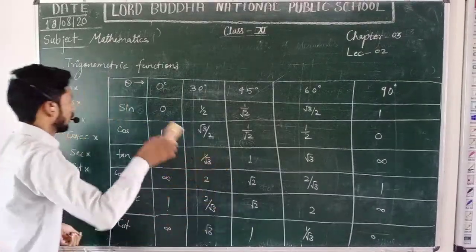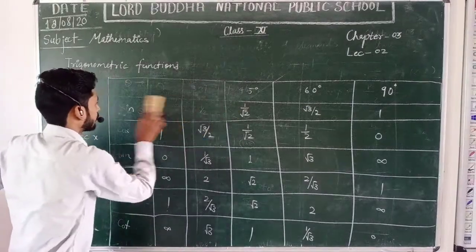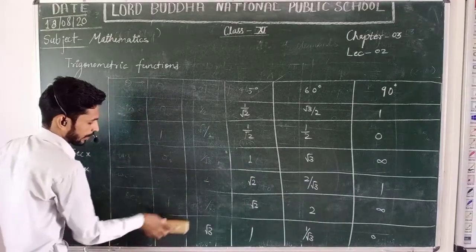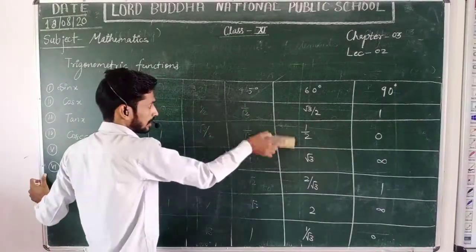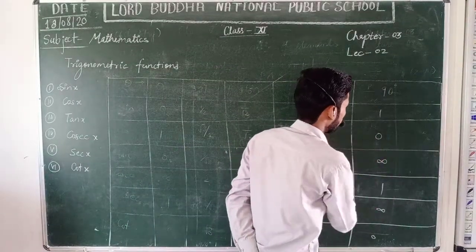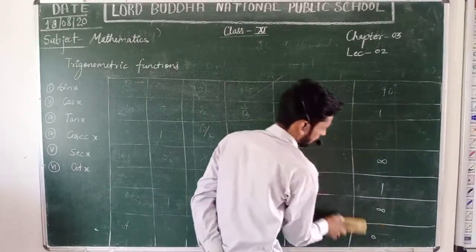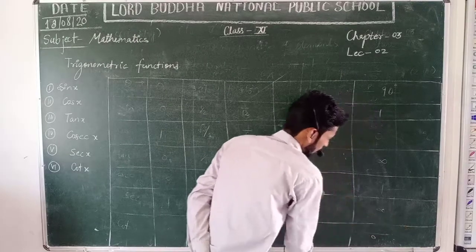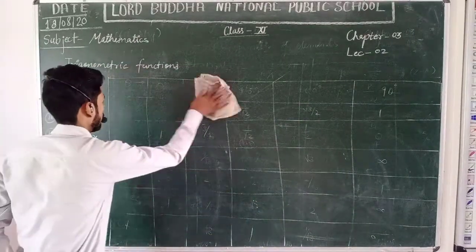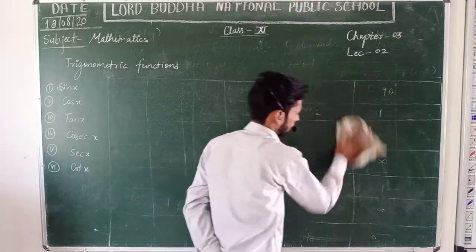Now I will go to the sign conventions of the trigonometric ratios in the different quadrants, because by varying the quadrant the value of trigonometric functions will vary, and there are only 4 types of quadrants: first, second, third and fourth.